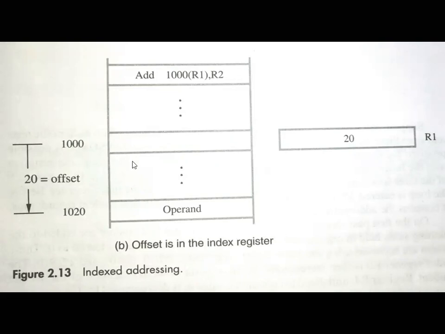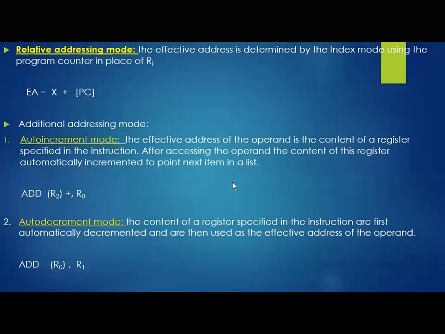Same kind, another variety also we have, same example, another variety. 1000 is the offset we are mentioning. Observe it, R1 is holding what? A location called 20. Then we need to go for location 20 first, then we need to go for 1000 exactly. Then later, three more we got.